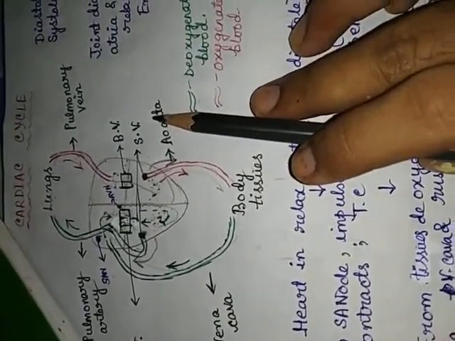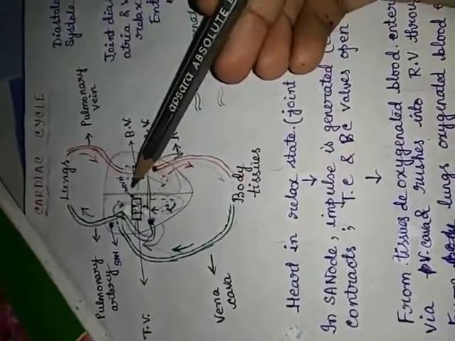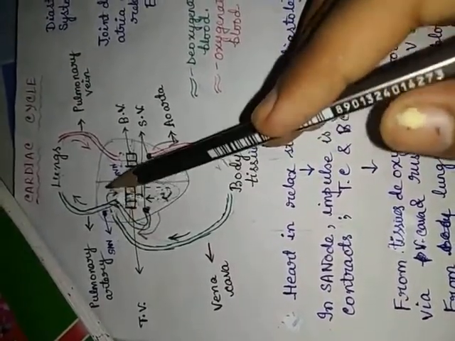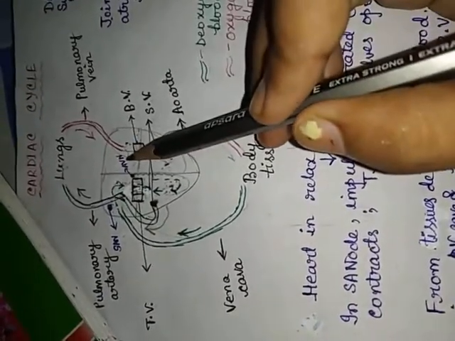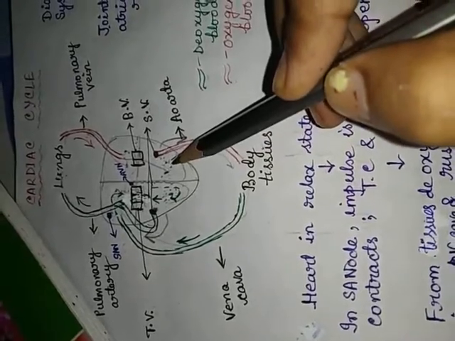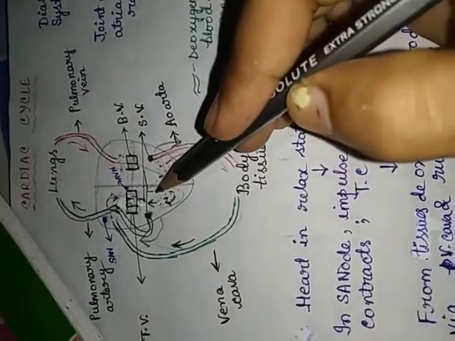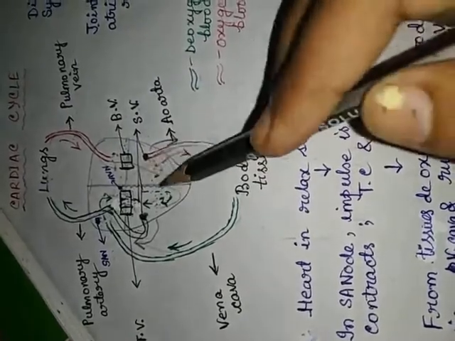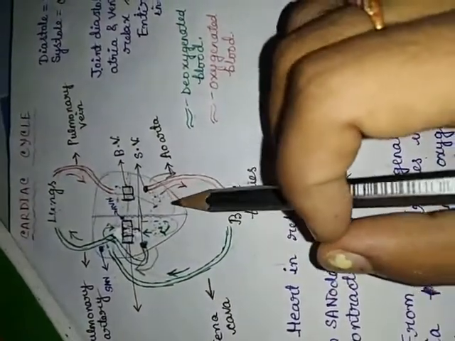Clear? And it is also seen that first the entire heart becomes relaxed. Next, when an impulse is generated in the SA node, the auricles become excited or contracted. The auricles contract, but at that time the ventricles are in a relaxed state. And when the impulse is generated in the ventricles also, at the AV node, the ventricles contract, and at that time the auricles are in a relaxed state. Means it happens alternately.